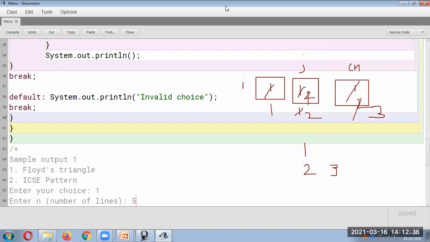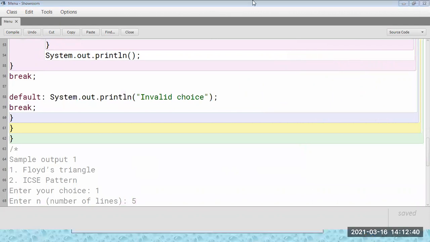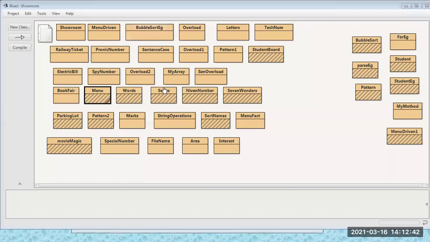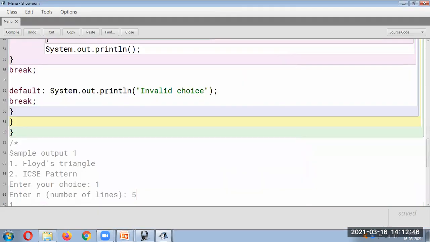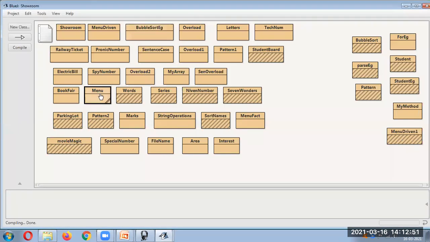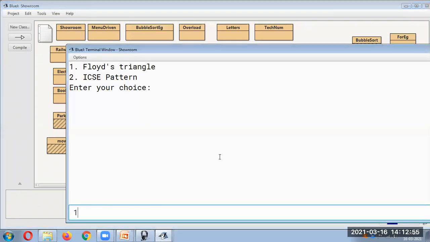So let us run this now. Okay, let's take the first one. Enter the number of lines. We'll take 5 over here.